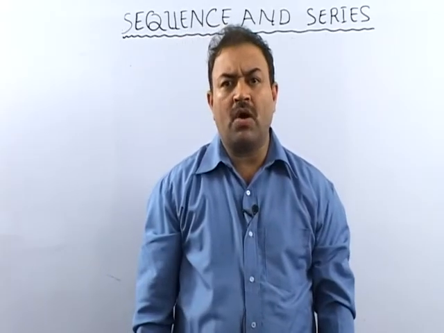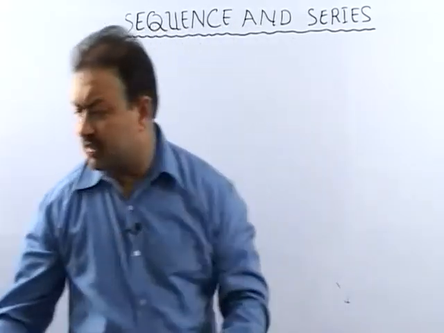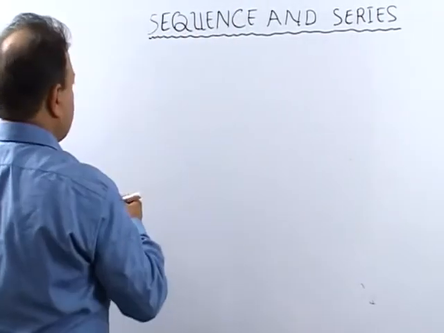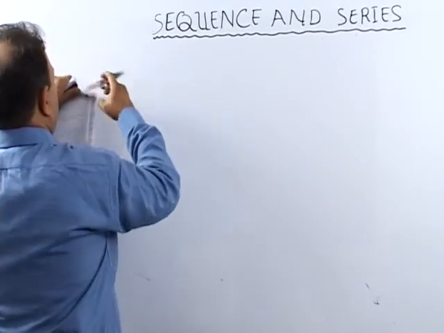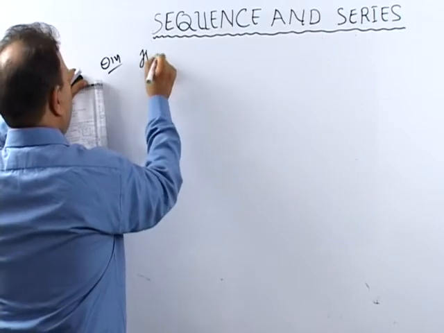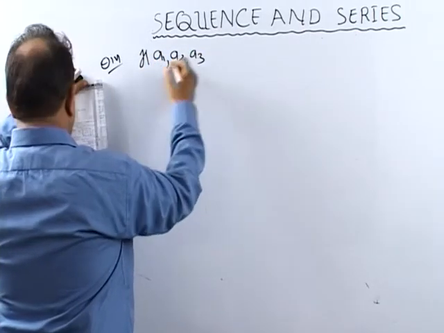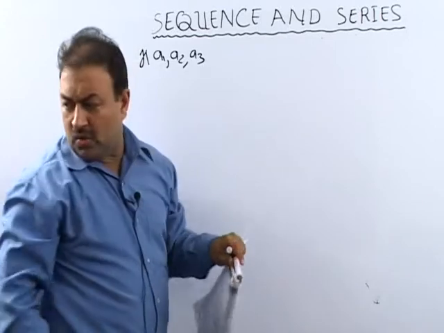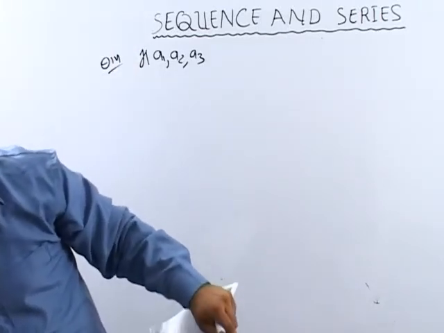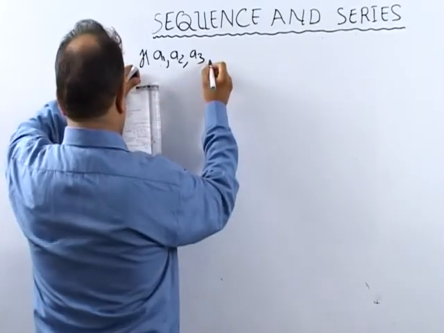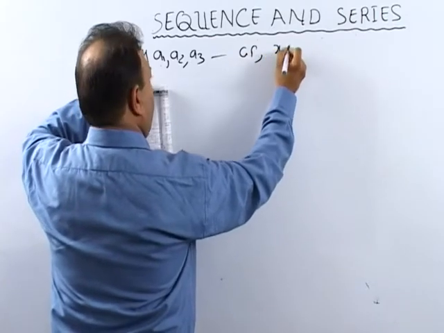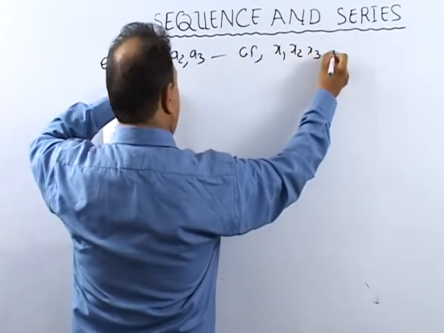The next problem of GP in our booklet is question number 14. Question number 14 is: if a1, a2, a3 are in AP, and x1, x2, x3 are in GP, we have been given x1, x2, x3 are real numbers.